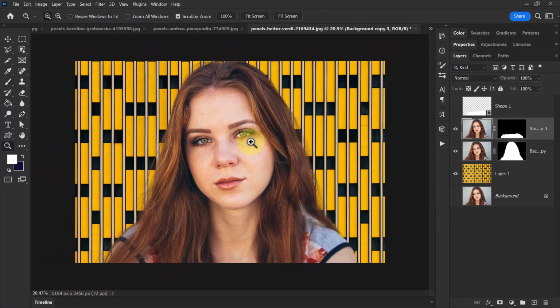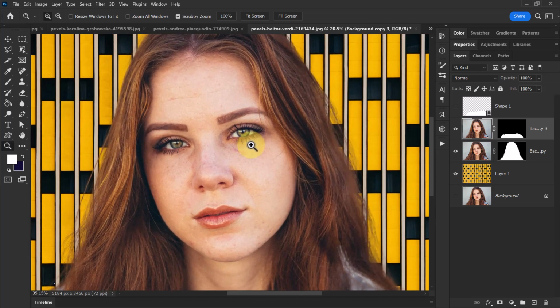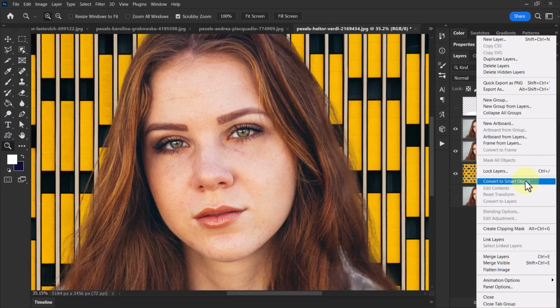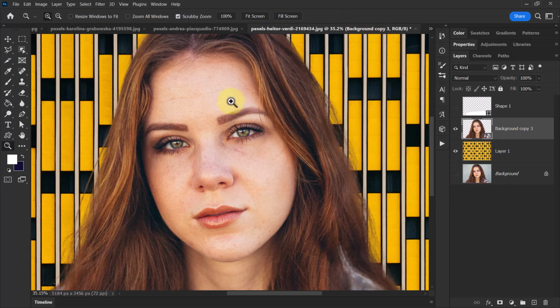So now we have this cut out, and another thing we need to be concerned about when we're cutting out objects in Photoshop is the fact that she doesn't really match the background. The dark shadows are much lighter than the background, so it doesn't look like a natural blend. So what I'm going to do is highlight these two. I'm going to hold Shift, select both of these layers, go up to the top here, Convert to Smart Object,